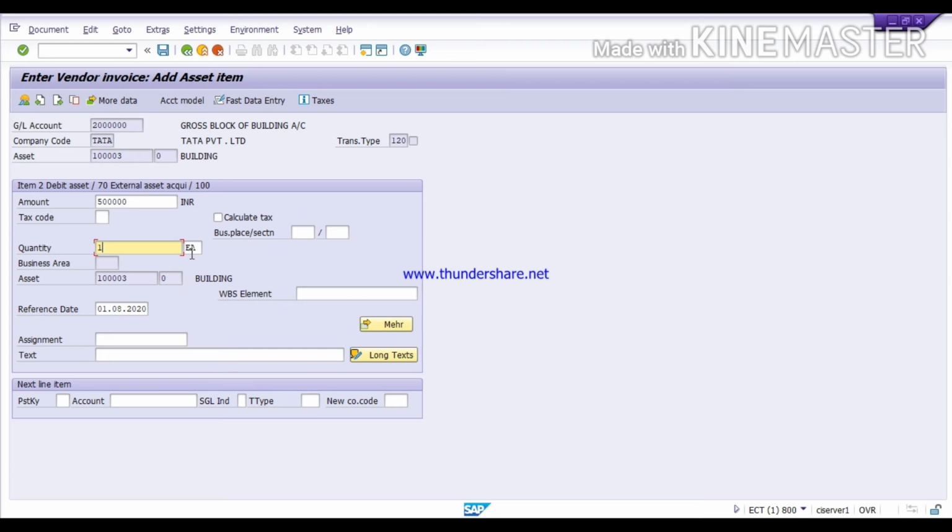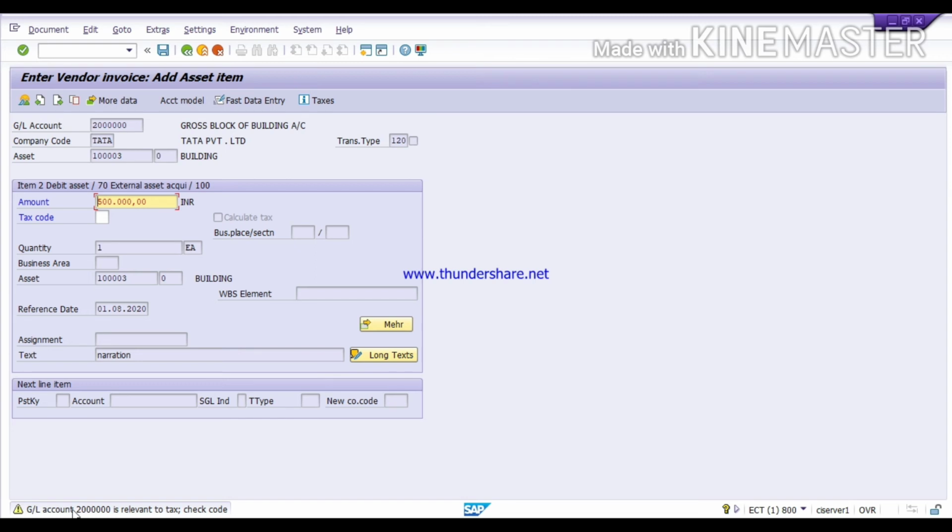So accordingly it has shown EA, meaning each, the measuring unit we selected at the time of configuration. So now the reference date has been taken automatically from the previous window. So here again, if you want to give any narration, you can mention it here, then click on enter.